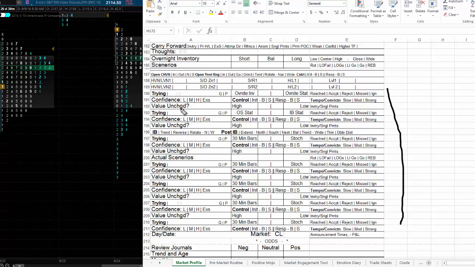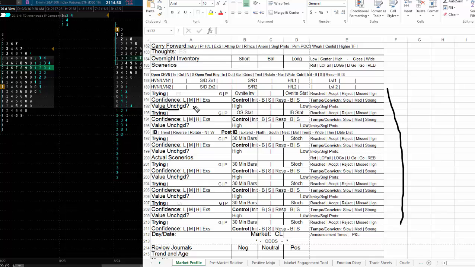In the first couple of 30-minute bars, does it look like value is going to be unchanged? And let's say that it opens up way out of yesterday's value. What would it take for value to get unchanged? Well, it would have to make a strong run back to the previous day's point of control and then balance there. Or if it